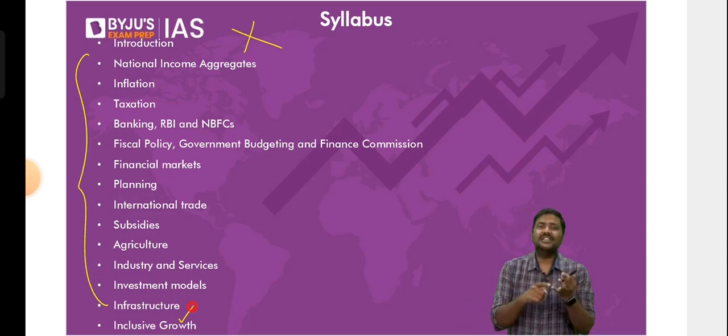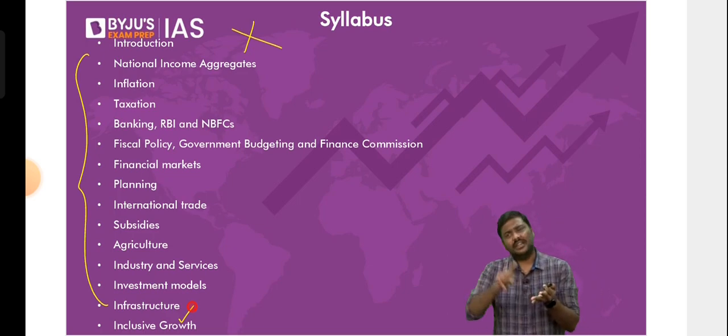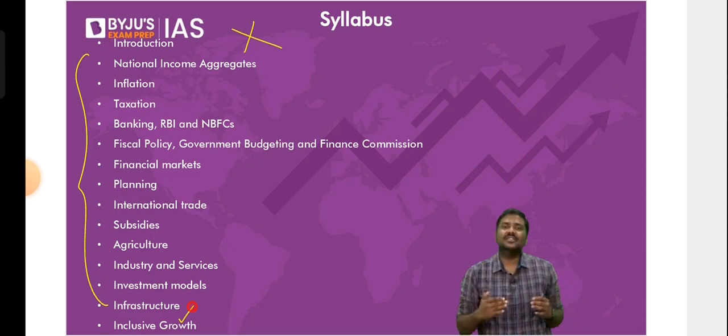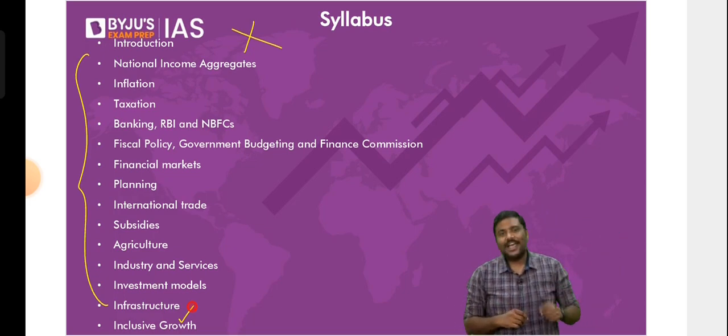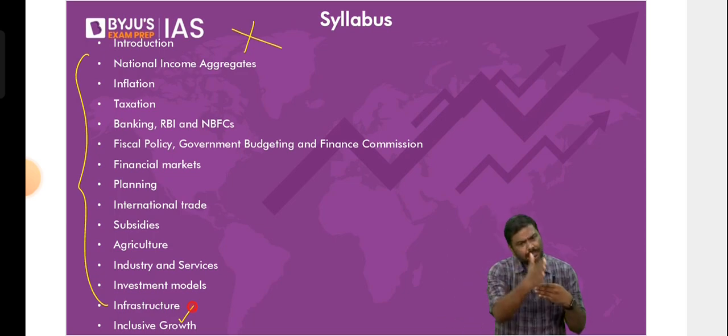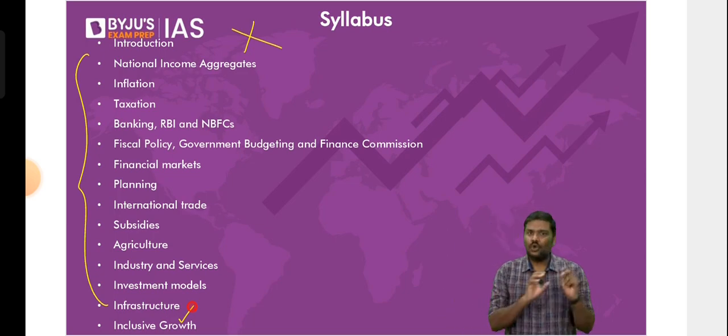Rest of the chapters, questions have been asked in the UPSC prelims, questions have been asked in the civil services mains examination as well. So my recommendation to you people is, do not try to divide these particular chapters into those which you need to read only for prelims and those which you need to read only for mains. Please don't do that. Because you've started preparing now, start preparing for both prelims as well as mains simultaneously. Do not divide, do not waste your time.